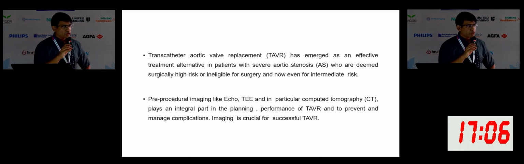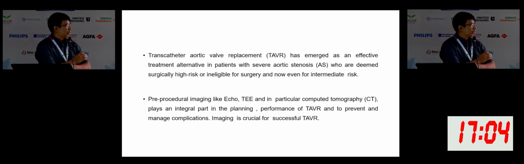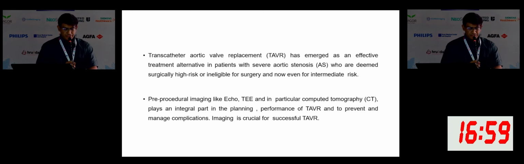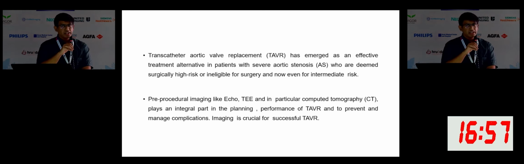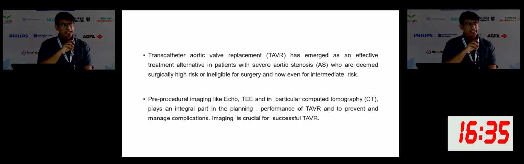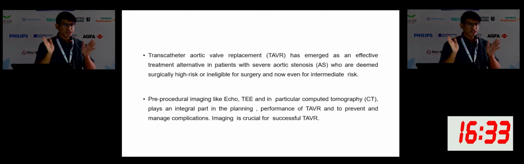It started with echo to diagnose whether it is severe aortic stenosis, or a low gradient aortic stenosis. When we started TAVR, most of the time we missed the low gradient aortic stenosis. We thought that if a patient has LV dysfunction, we have to treat medically and leave it, because the gradient we get in echo will generally be around moderate. So we would wait for another 2 to 3 years, the gradient would remain the same, and the LV would go down. Now, after the 2014 AHA guidelines, these scenarios have changed.